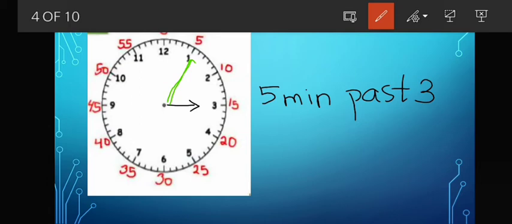And one more thing I want to show you. You can see few lines here, 1, 2, 3, 4, 5. They are all minute lines. 1 minute, 2 minutes, 3 minutes, 4 minutes, 5 minutes. So between 12 and 1 there are 5 minutes. Then between 1 and 2 there are 5 more lines. So there are 5 lines, each showing 1 minute. Each minute is being shown.